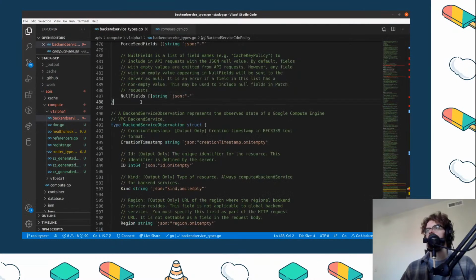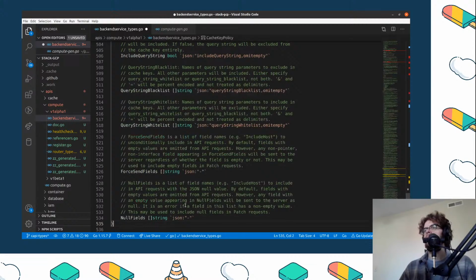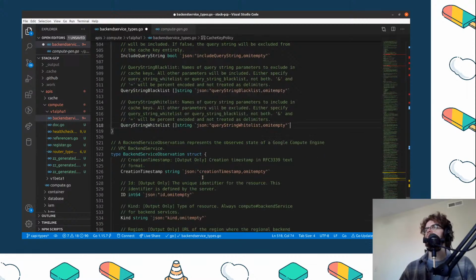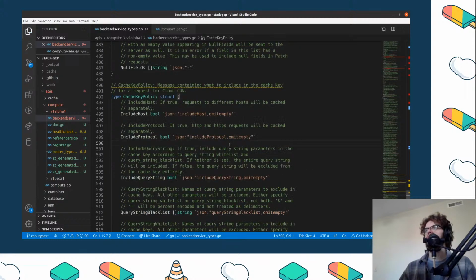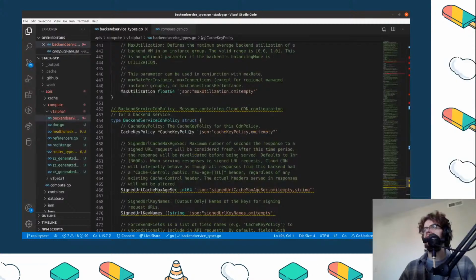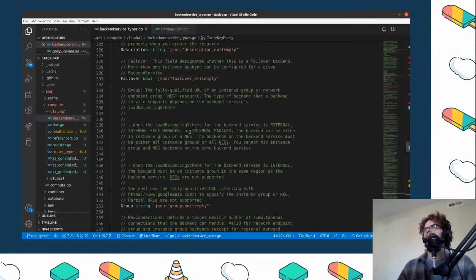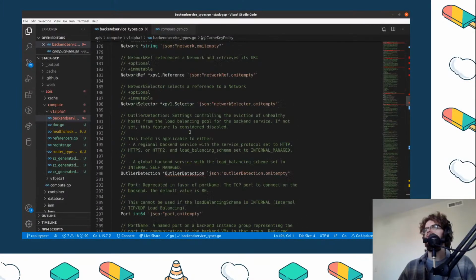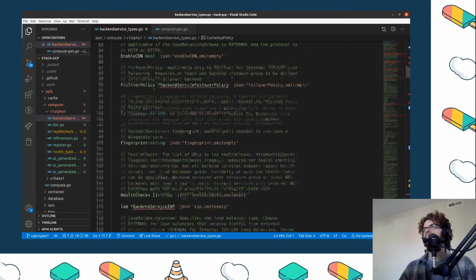Backend service CDN policy. Remove these. Let's see, was there anything? Nothing nested in here though, so not too bad. And once again, I'll come back through here and fix all of these after the stream. All right, so we've got our CDN policy,